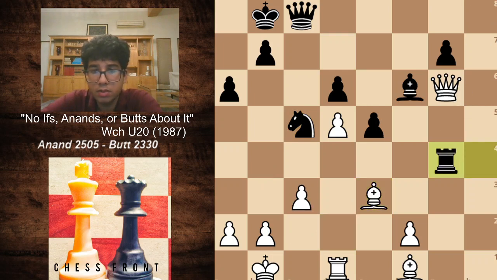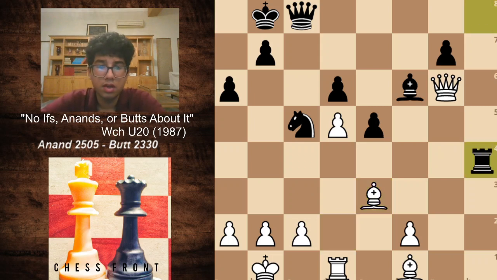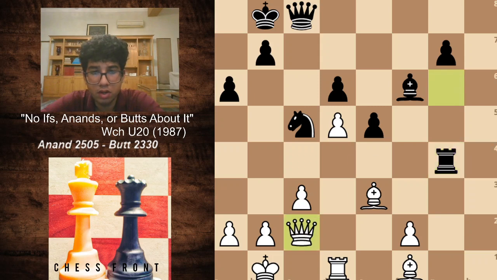Wait a minute, where was I? Bishop e3 and rook h4. We have c3 preparing to push b4 in the future. So rook g4, queen goes back to c2, and rook g1 asking white whether he wants to move down to an endgame by trading the last pair of rooks. So white does reply in kind.